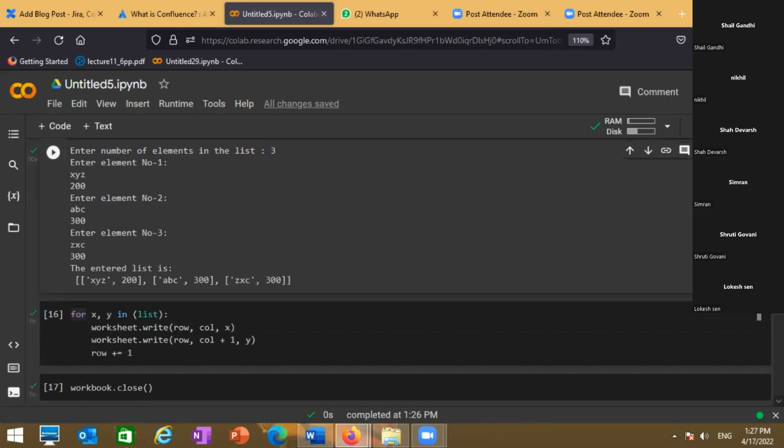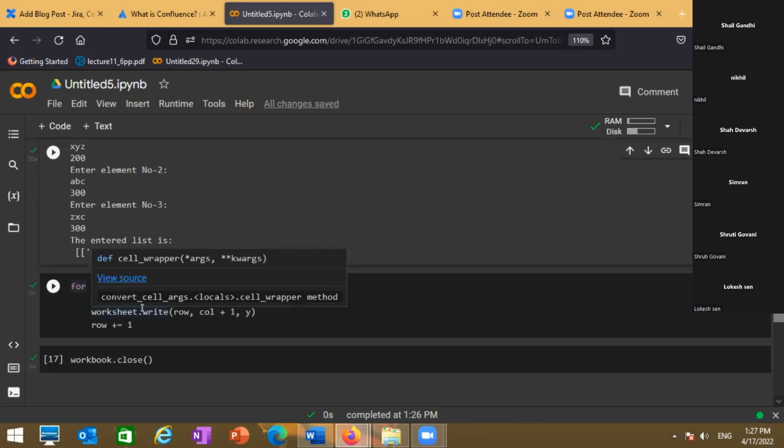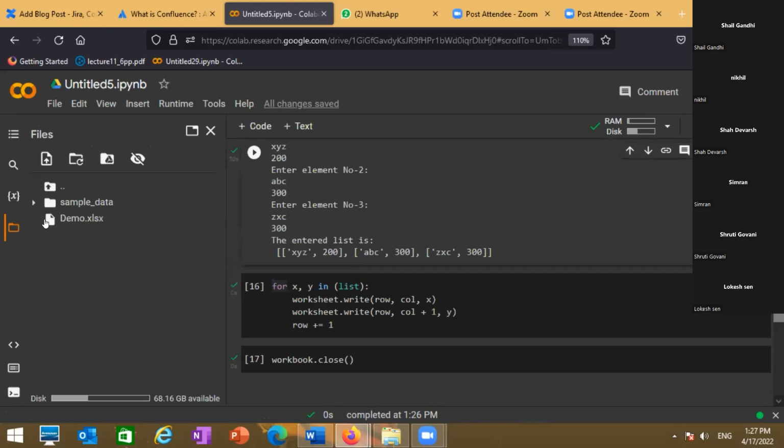But then I made a list, and I'm just putting that list into the Excel sheet. That's it. Okay, perfect. So this is the demo. Good, I think. So what you can do now is, what I find is Devarsh's or, if I'm not wrong,